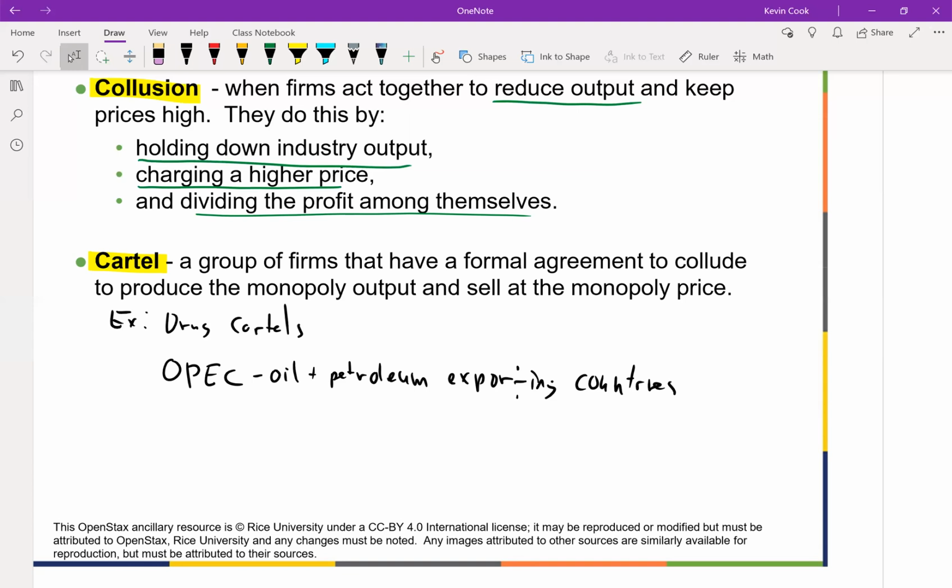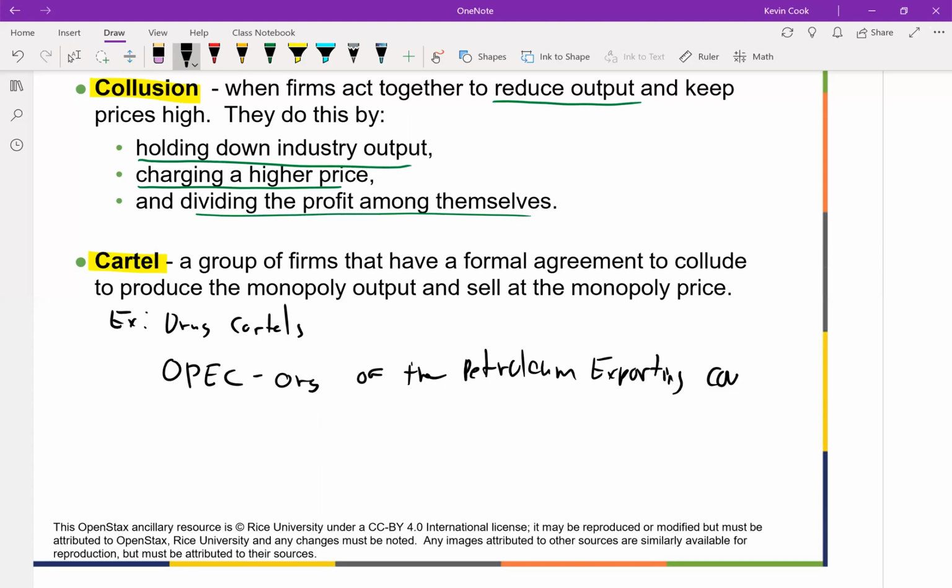But with OPEC, what they do is they basically agree. They say, hey, we're going to watch how much oil we produce and keep it low. And that is not the right name for them. The actual name for them is the Organization of the Petroleum Exporting Countries. So we have OPEC, and one of the, I'm not going to say cool, but one of the interesting things going on with them right now is